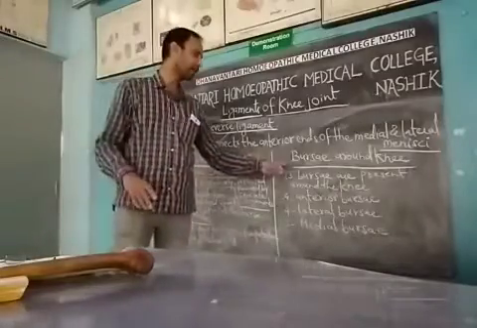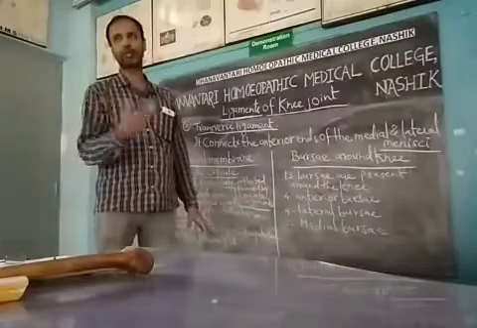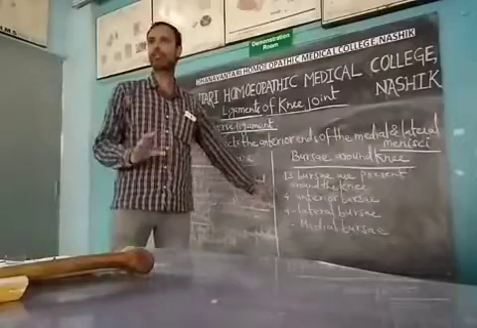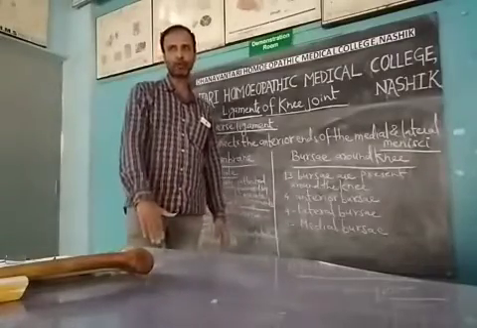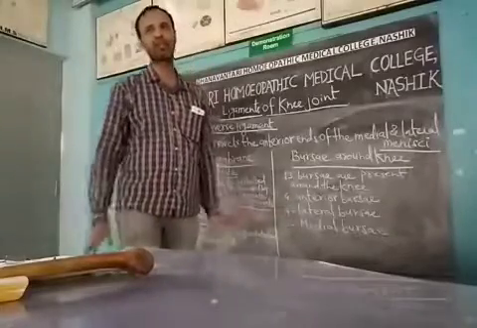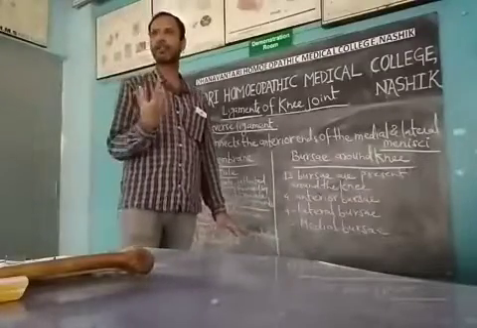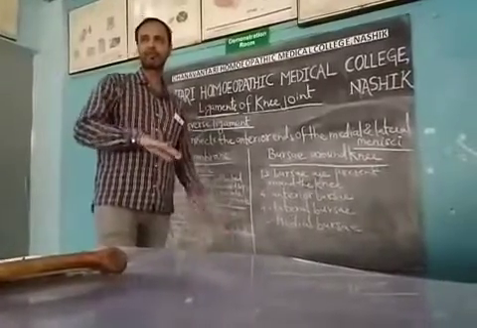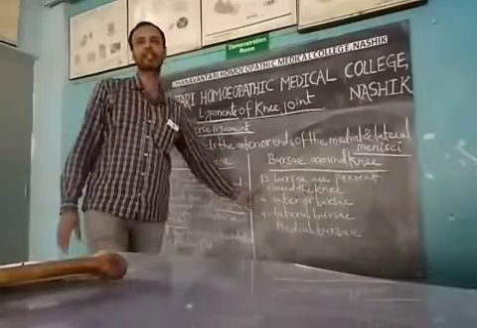Now bursae around the knee. It is said that approximately 13 bursae are present. We are not going to discuss much detail here with the names. Out of the 13, 4 are anterior bursae, 4 are lateral bursae and 5 are medial bursae. These are cavities with a membrane containing fluid, so that helps again in lubrication, between the muscles, ligaments and capsules surrounding the joint. So this is about the bursae in the knee joint.